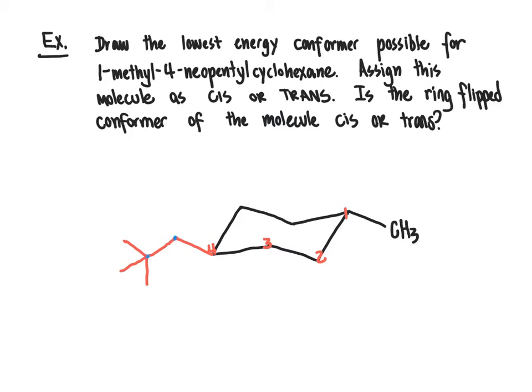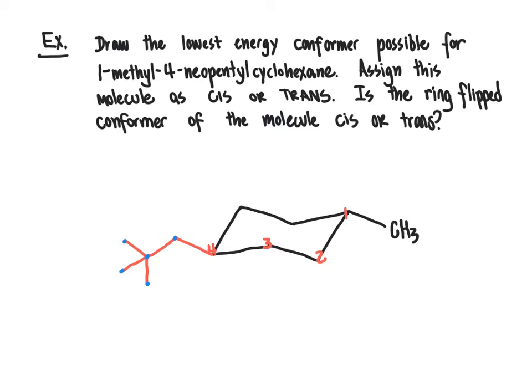So 1, 2, 3, 4, 5, and we're on the right track with drawing a neopentyl there. Since this is our lowest energy conformer, period, that's possible for any structure of 1-methyl-4-neopentyl cyclohexane, we have arrived at this, and we know we've arrived at this because both of these bulky groups are equatorial. Now we're asked, based on the structure that we've drawn, is this molecule best described as cis or best described